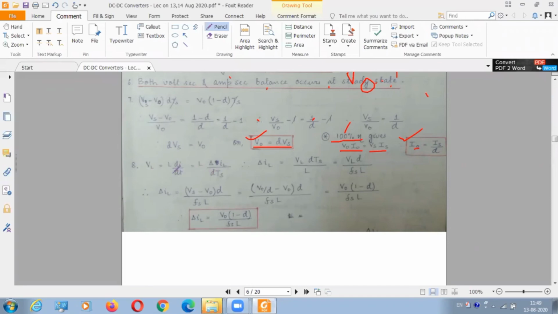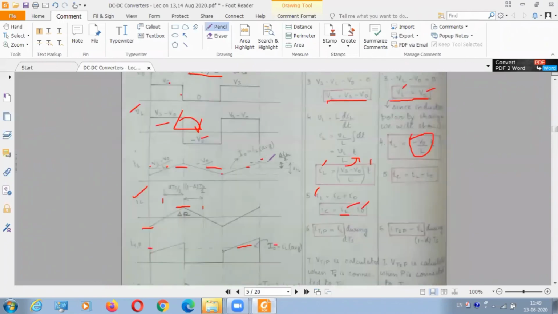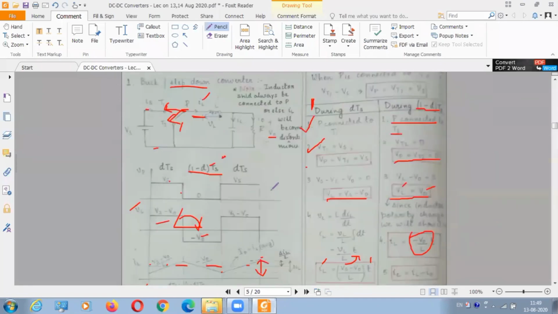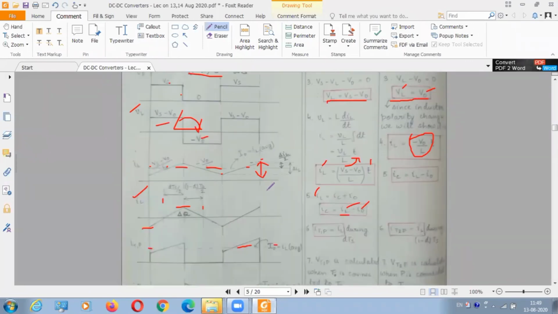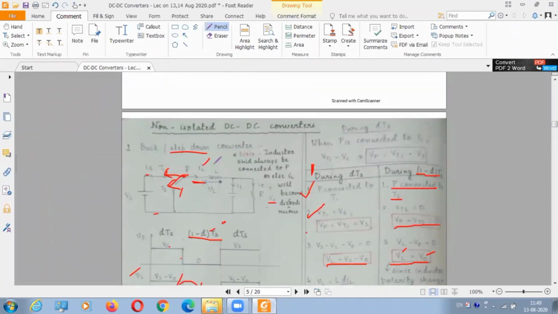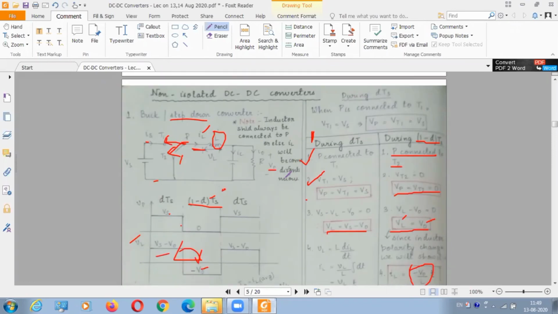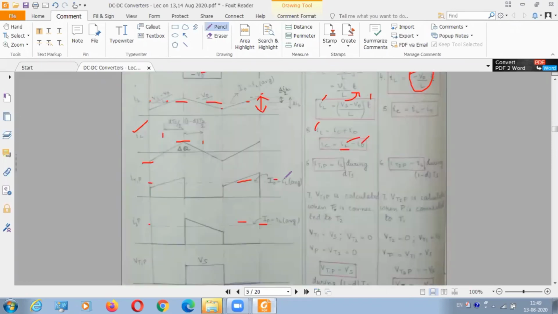Okay. Next calculation that comes is this delta IL, the peak-to-peak ripple current. This peak-to-peak ripple current should be as small as possible. You should understand, because the inductor tries to keep the current constant, this peak-to-peak current should be as minimum as possible. So from there only we can design the value of inductance L. What value of inductance L is required to make the peak-to-peak current some 0.04 milliampere, like this.